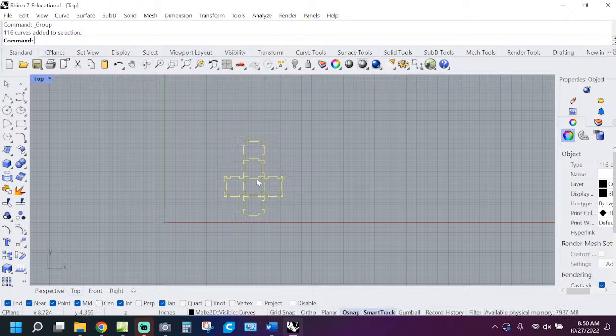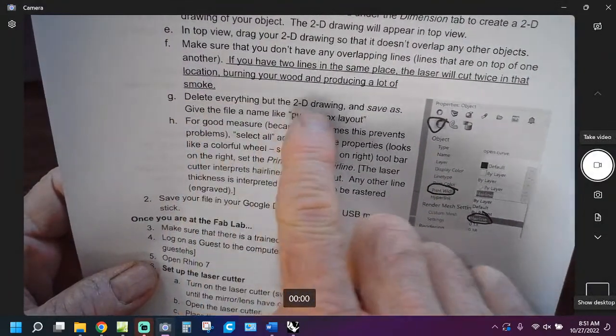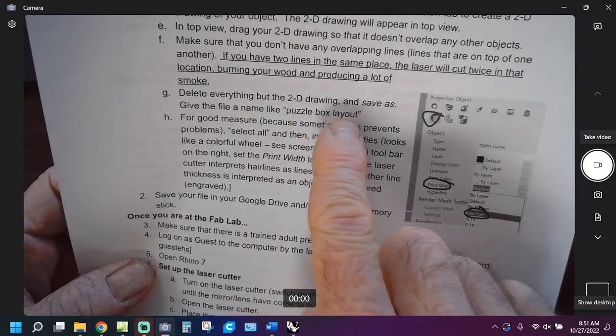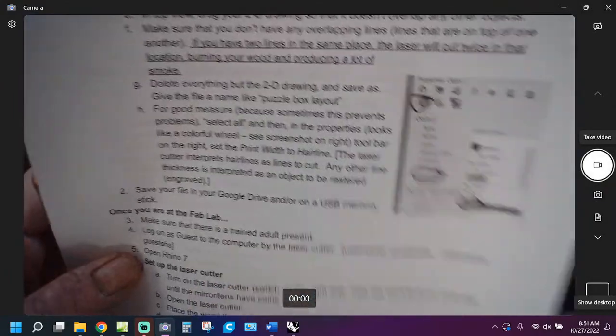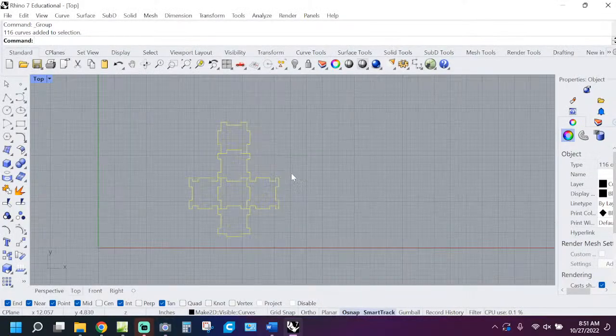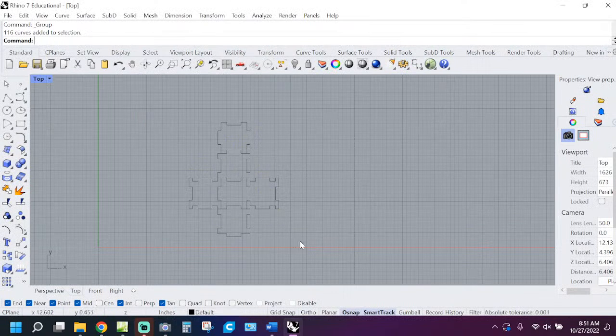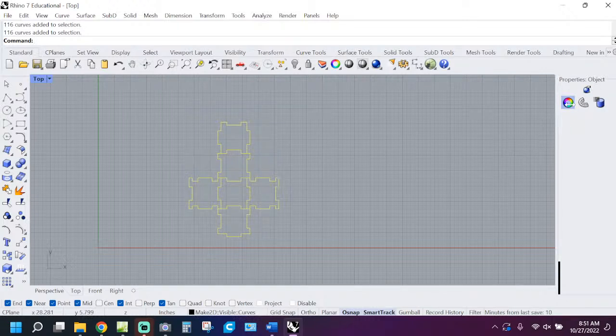So I am at, just on my little checklist right here, I think I've done down to F, and I've deleted everything but the 2D drawing. For good measure, I want to make sure everything's a hairline. Sometimes you run into problems if you don't do this. So I've selected everything, and I go over to the little color wheel. Oh no,